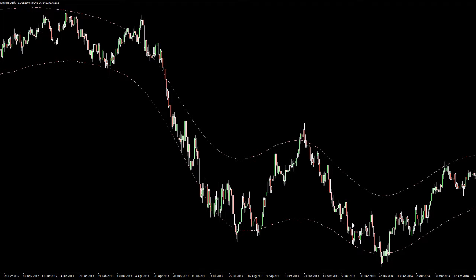And the basics of this really is just a trend following system. That's all it is, no more than that, okay? Now what you're looking for is, if it's in an uptrend, you want a retest of this lower band here. If it's in a downtrend, you want a retest of this upper band here. Simple as that. Now, if it breaks out and comes back in again, you only enter once it closes within